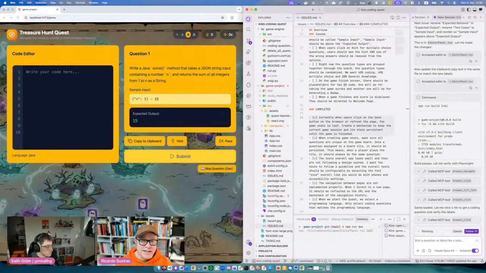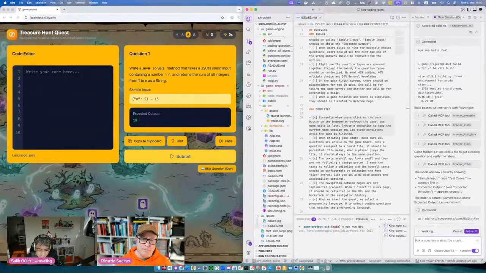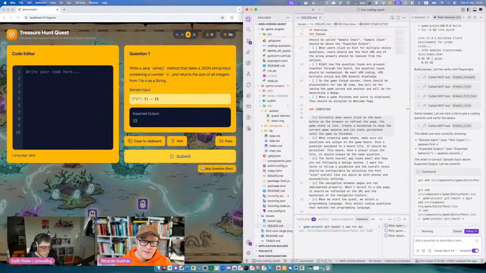There you go, let's see, fixed it. Yeah, look, sample input, expected output. That looks much better now. This is looking pretty slick. Nice. It's looking pretty slick. I think this is actually